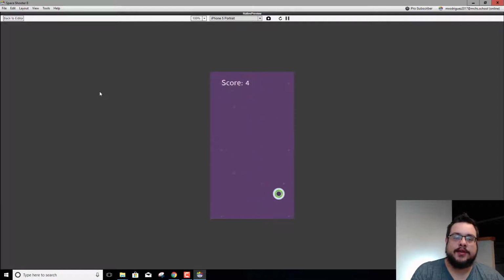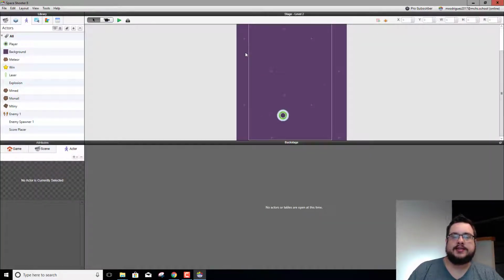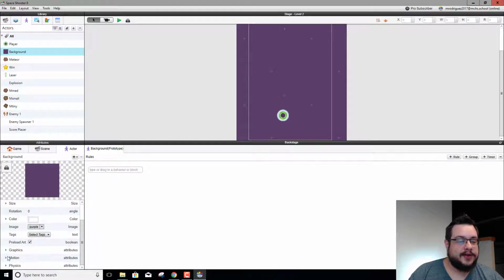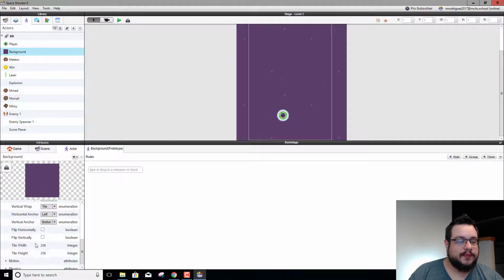We have a score that works and is on a separate layer than our player in our other instances, so that we can actually scroll around and have our scores stay in the same spot even if our character's camera is moving around. So right now we just need to get the stars to kind of look like you're moving quickly through space, right? So let's go into our background actor, and we're going to go down to graphics, and we'll see that